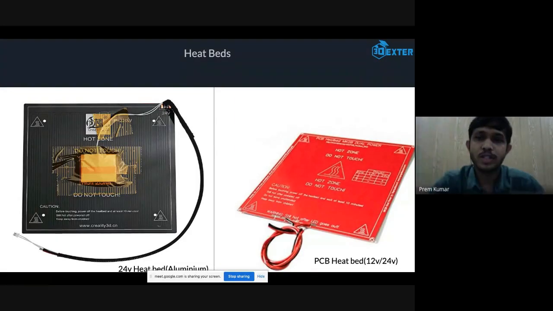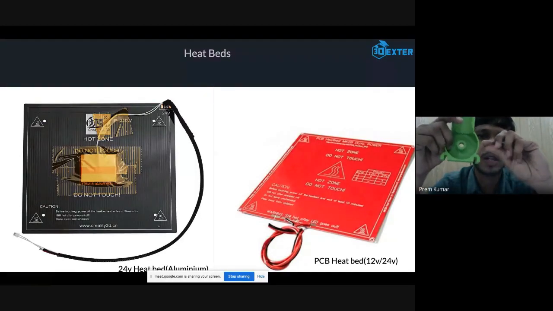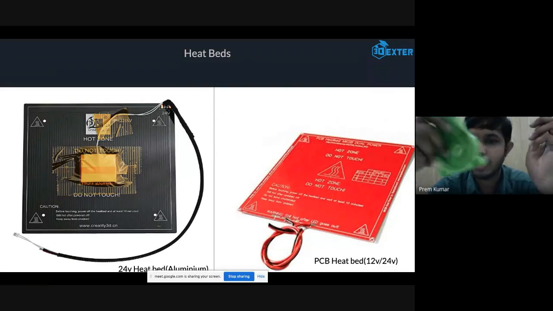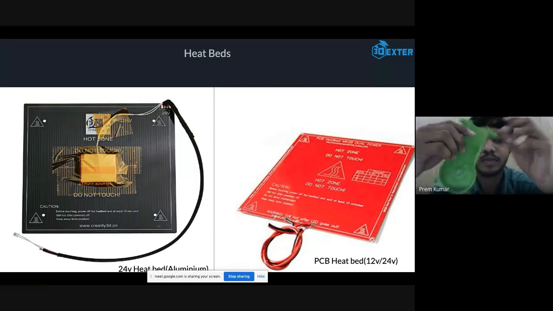Which causes warping. Warping means the bottom surface layers will be curling upwards, so the print will easily shift from your bed or fall down because it loses its stickiness on the build plate.